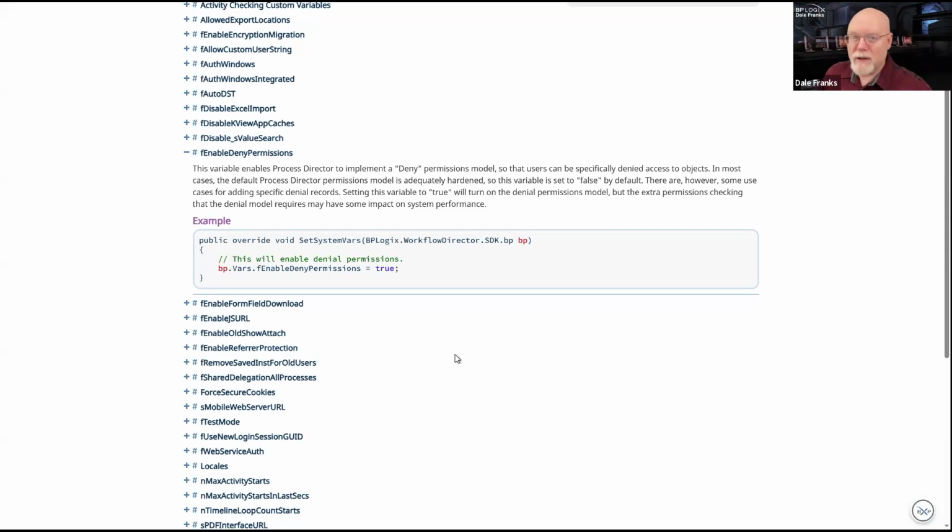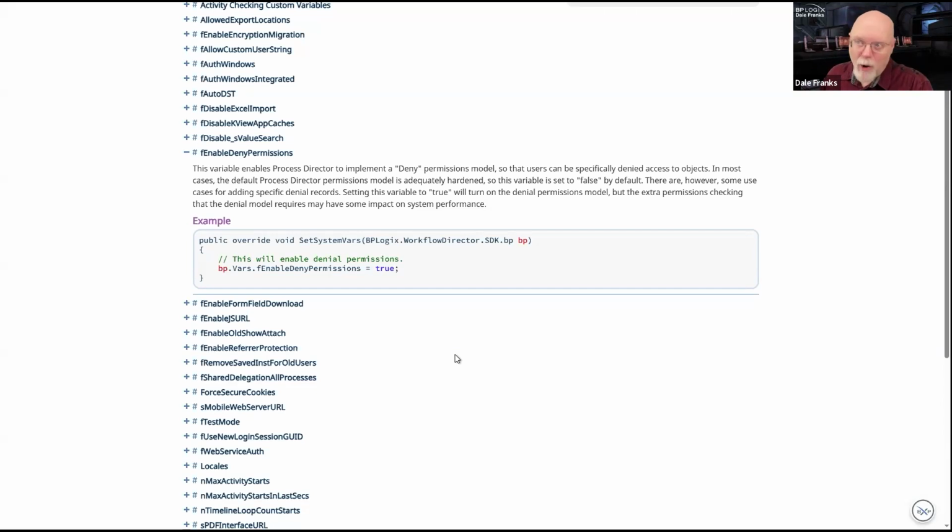Denial permissions are expensive because I now have to create a list of denials. And every time anyone opens up any object in the system, not only do I have to do the normal permissions check, but I also have to do a denial check, essentially what I guess you could think of as a debarment check to ensure that they have not been specifically denied permission to that object.